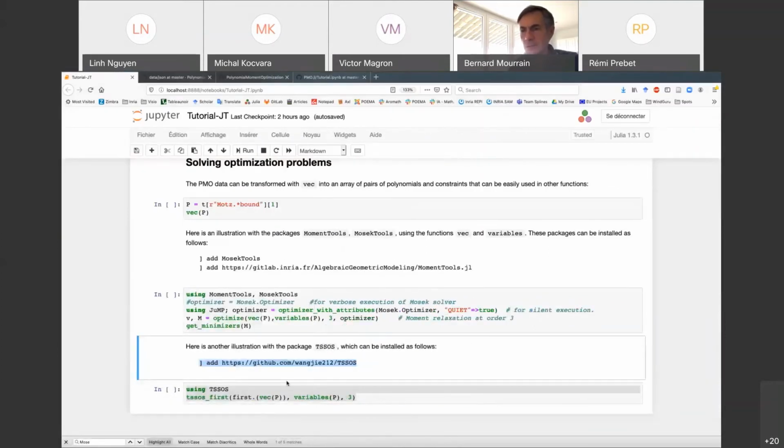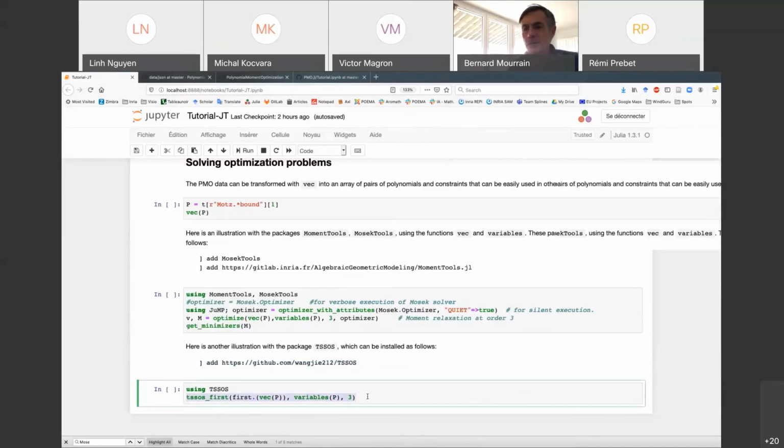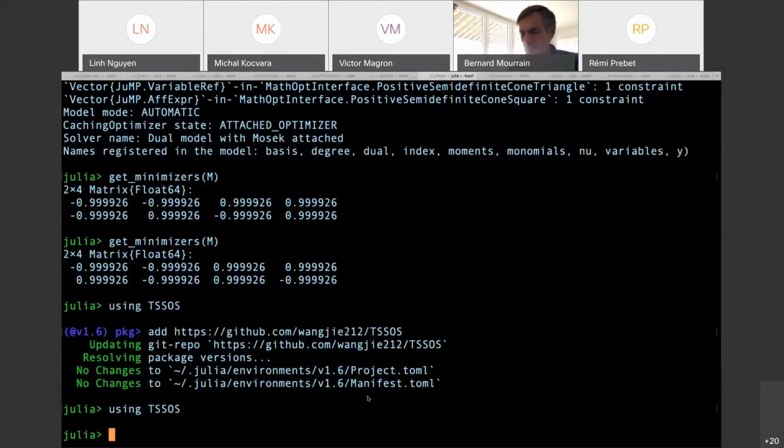With the command, here again we use P, which is the same data structure coming from the database, with VEC which is transforming it into an array of pairs, polynomials and constraints. And first is giving the first entry of these pairs. So we get the first entry of all pairs in this way.